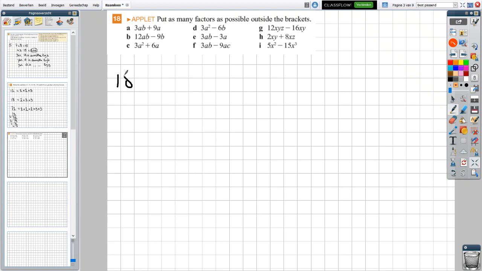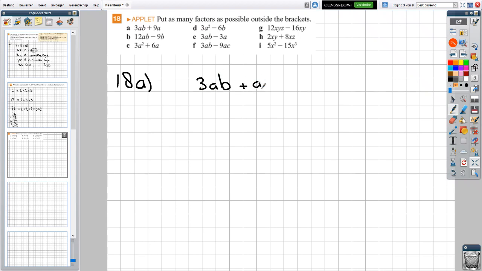show you how to take a look at common factors and how you can put as many factors as possible outside of the brackets when I have a more difficult exercise like this. If you understand exercises like this, then exercises like 16, for example, are a lot easier. So let's take a look at 18. I'm not going to do them all here, right, because I'm going to show you the principle of how to do this. I'm going to start with 3ab